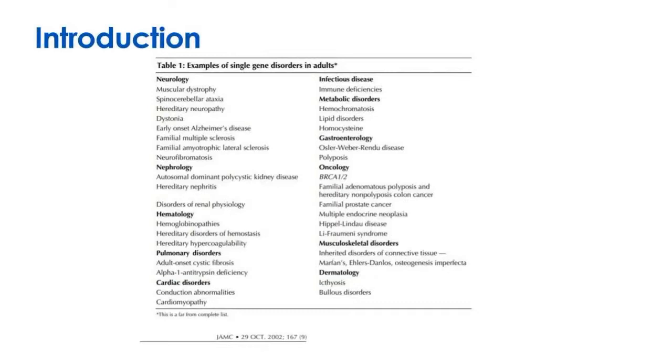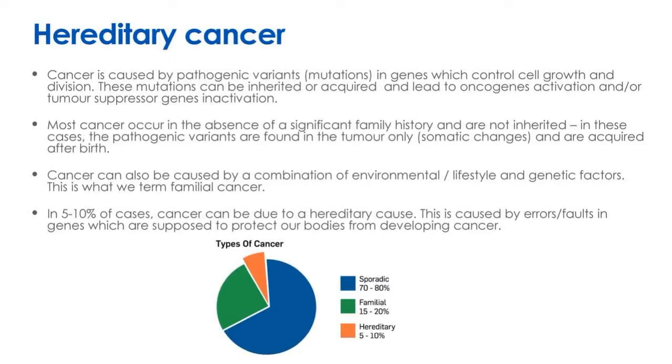This slide just wanted to show you some examples of single gene disorders that we find in adults. You can see there's a whole range of them, and it covers fields in neurology, nephrology, hematology, pulmonary disorders, cardiac disorders, some infectious diseases, metabolic disorders, gastroenterology, oncology, musculoskeletal disorders, and then also of the skin, dermatology. So with that introduction, I want to jump straight into the topic that I'm really going to look at tonight,